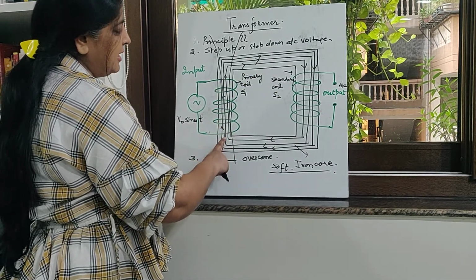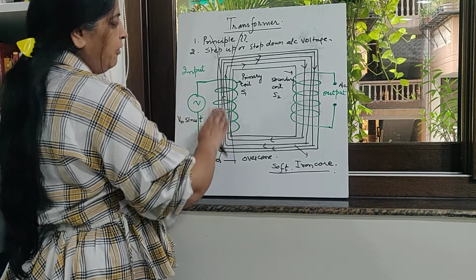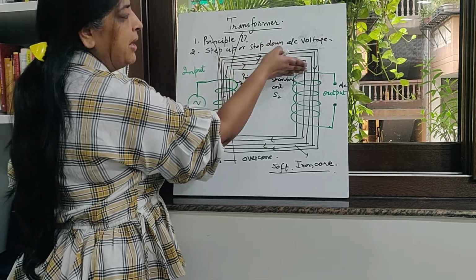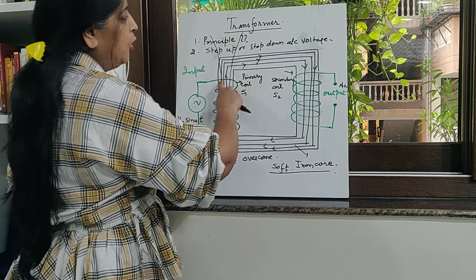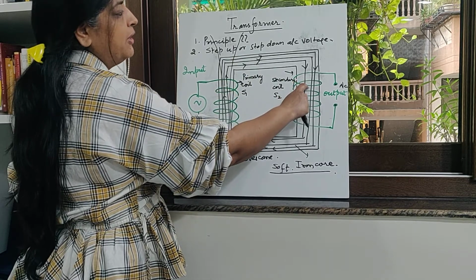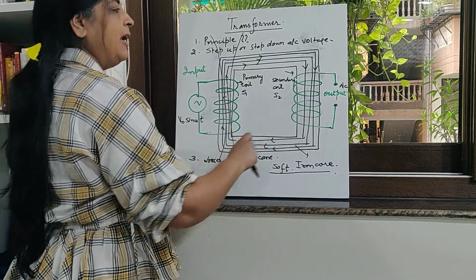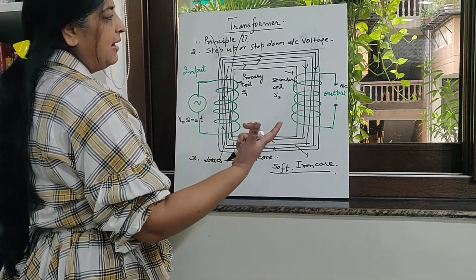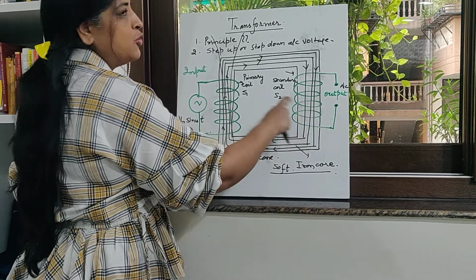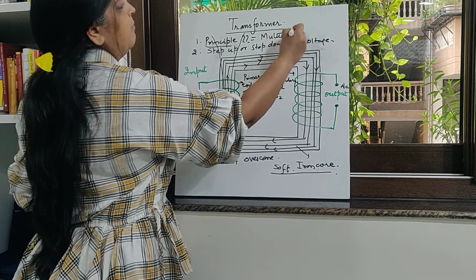Now if the current increases, the magnetic field lines will also increase over here. So the magnetic flux here gets linked over there, because the iron core makes the flux link with the secondary coil. All the flux lines will get linked with the secondary coil and we will get some output over here. So basically it is the mutual induction between the two coils which is giving us some output. So the principle of working of a transformer is mutual induction between the two coils.